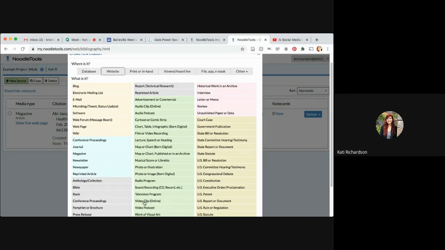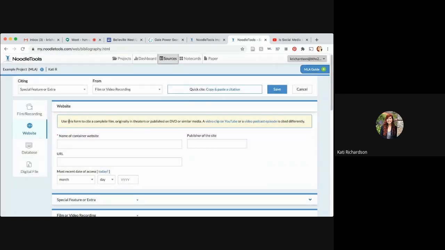So if I had watched something on YouTube and I wasn't sure if it was a video clip or video recording, I could click on that, and this yellow box will tell me a little more information. So use this form to cite a complete film originally in theaters or published on DVD. So obviously my YouTube video wasn't like that, but it tells me a video clip on YouTube is cited differently